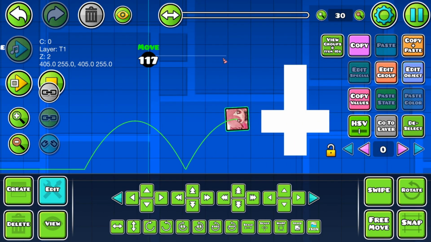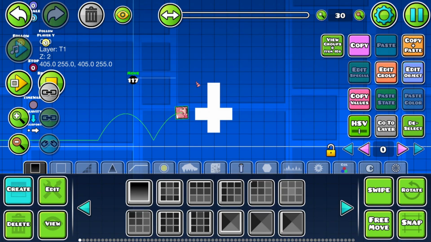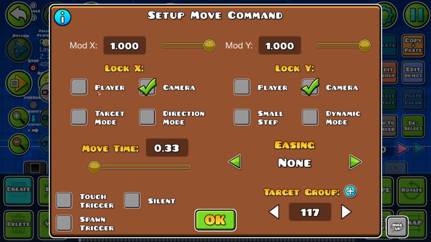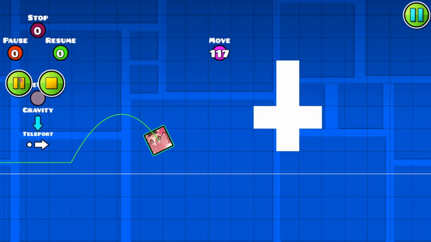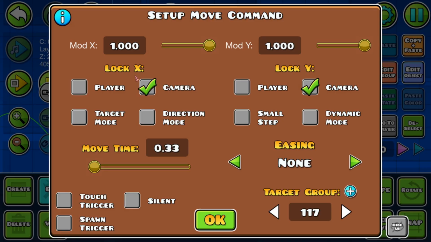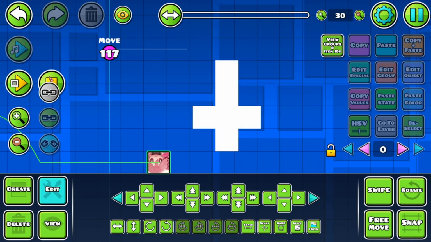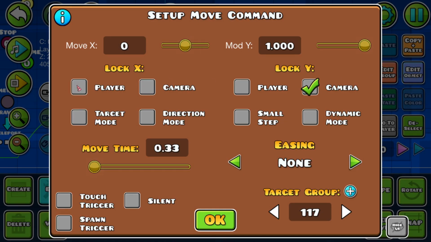If you're not using camera triggers, which we will explain in a future video, lock X player and lock X camera don't really differ much. But if you are using camera triggers, you need the distinction between the player's movement and the camera's movement, which is a lot easier to see with